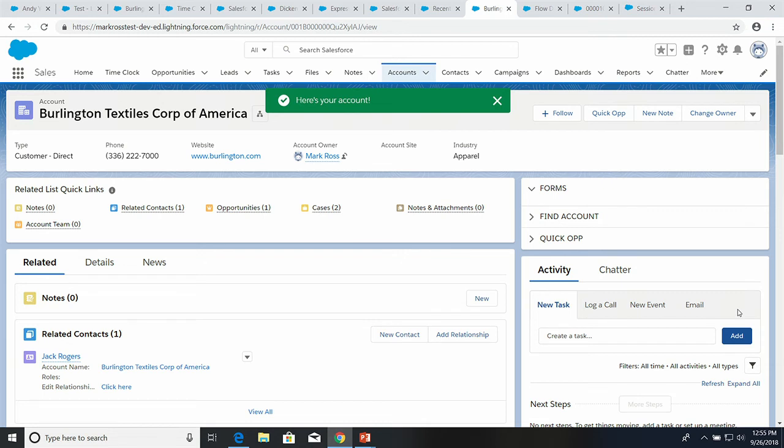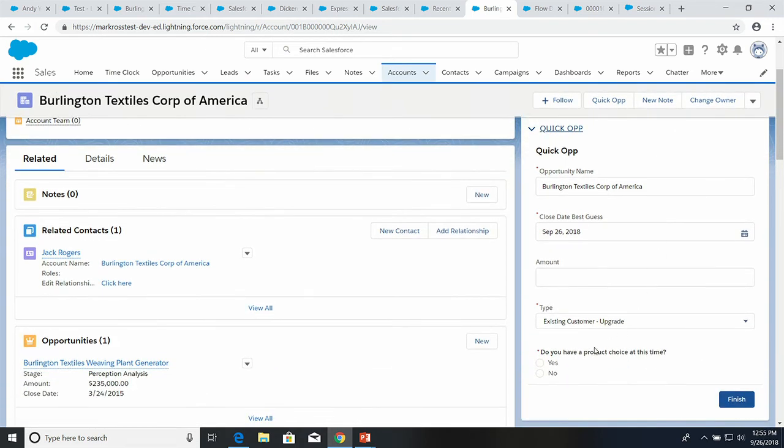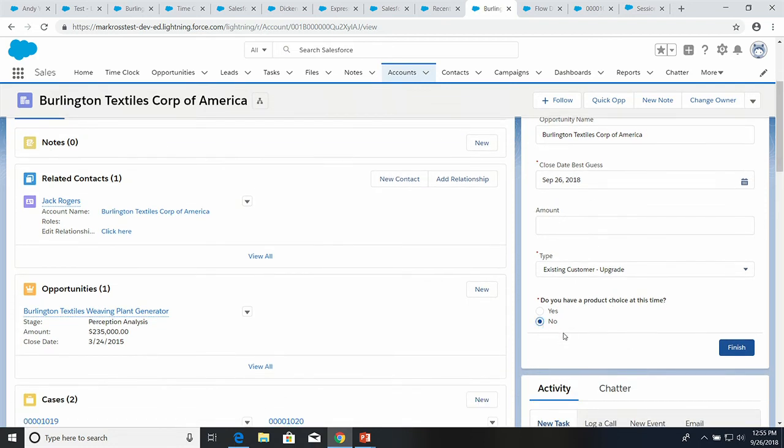So that's big enough for me. That's absolutely huge. Something else, we're looking at this little flow here. We have this question here at the bottom. Do you have a product choice at this time? If I click on no, nothing happens. If I click on yes,